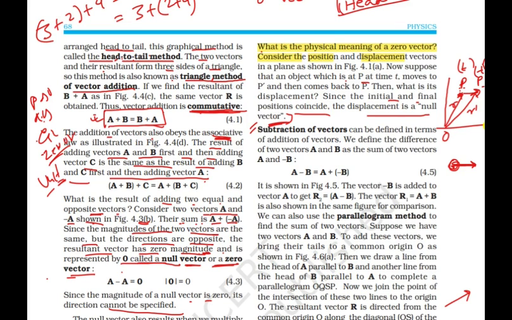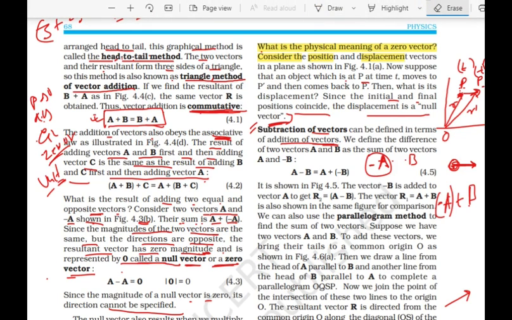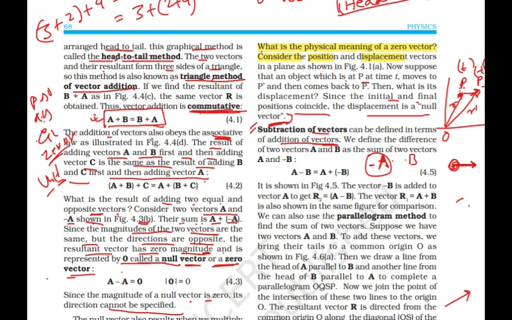So now, subtraction of vectors. There is no such method of subtraction in vectors, as I told you. It can be defined in terms of addition of vectors. If anybody says subtract a from b, then we have to make this a into negative form. I have to add minus a with positive b. That means the magnitude will be the same but the direction will be changed. That is the subtraction of vectors.